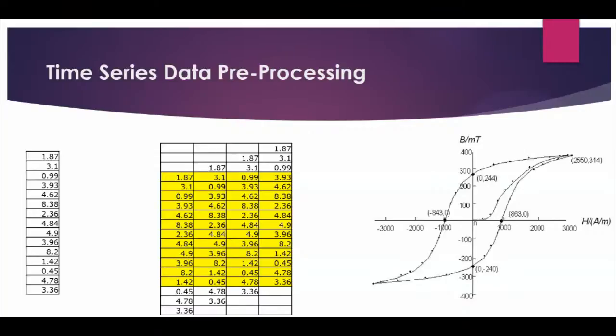So this is the data set. Now you see the matrix which I have created in the middle part. I have copied the data set, then one row above I have copied it, two rows above, three rows above I have copied it. Now you see 1.87, 3.1, 0.99 and 3.93, then 3.1. Now you can see the behavior. This yellow portion I will cut down from this, and that will become my data set where I have introduced the history up to the previous 3 points, maybe the previous 3 days, maybe the previous 3 months, maybe the previous 3 years. Okay, this is up to you how to create this history from the data set, as per your problem.